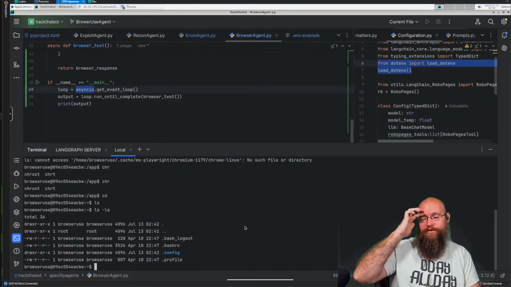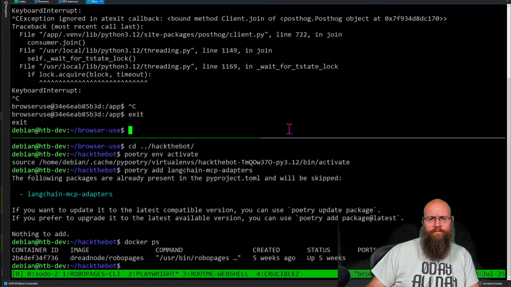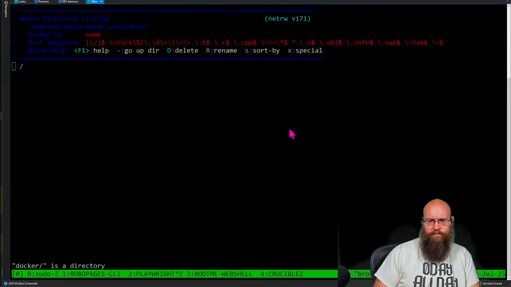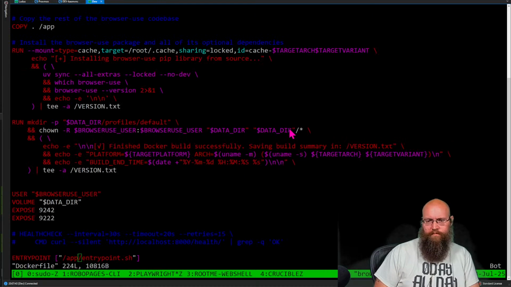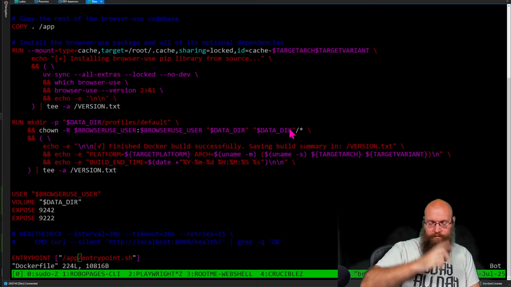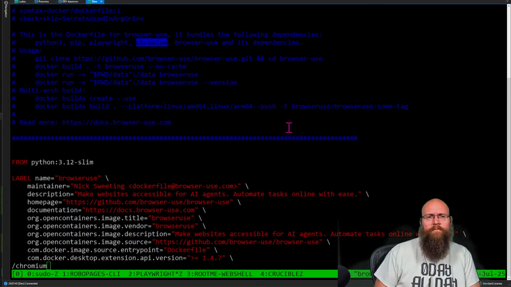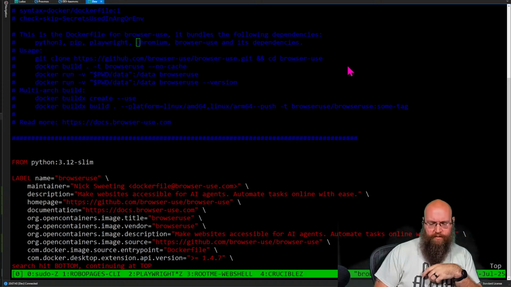We saw it install Chromium. Let's see. It bundles the following dependencies: Python 3, Pip, Playwright, Chromium, and browser use. Yeah.